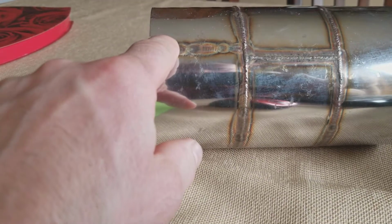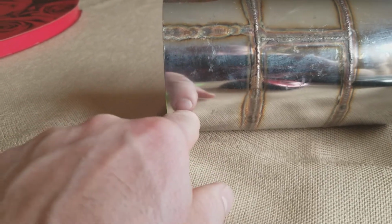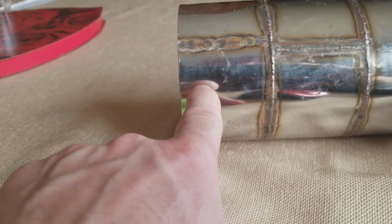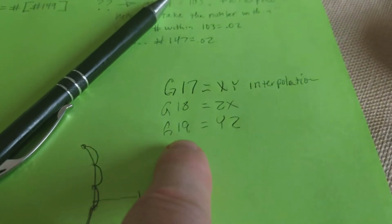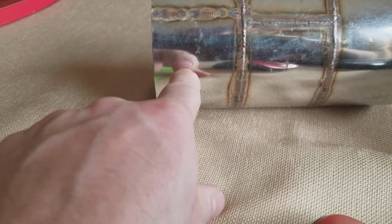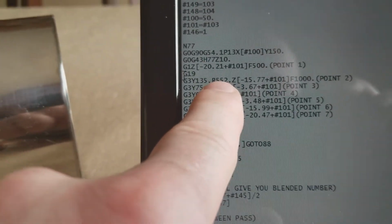So the profile of this part, the arc that's going on here, what are you seeing happening here? I've got a horizontal machining center, and you see a movement in Y going on here, Y minus, right? And now you see Z, right? Y and Z. Well, which one of these is YZ? So I'm trying to make an arc here, right? Is my arc in G17? No, it's in G19. So that's why you see it switch to G19,